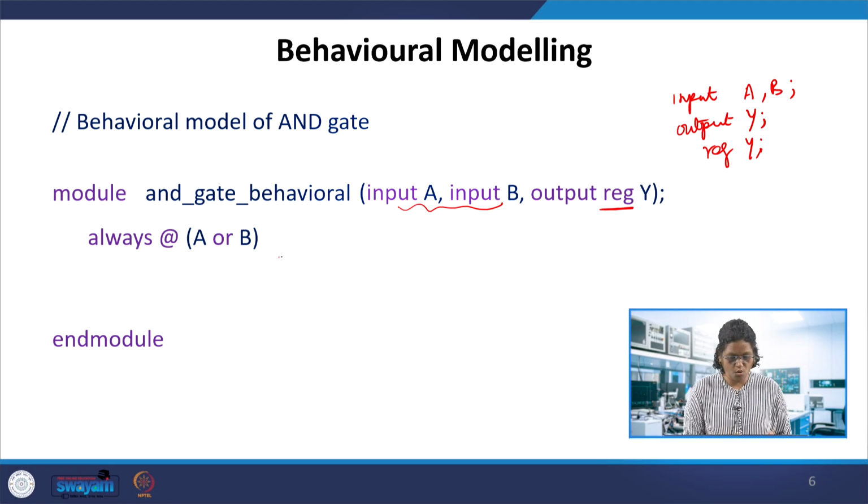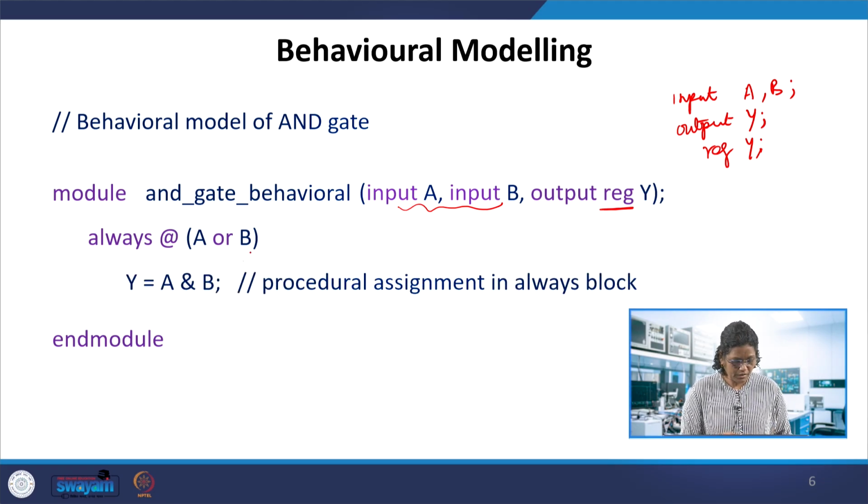So the code, the behavioral description of this, is an always statement. That's always @(a or b). We can say this in the always statement with the @, this is called the sensitivity list. The sensitivity list will contain those signals which are required for the circuit. So here a or b are the inputs, which are both mentioned in the sensitivity list, a or b. Here y equal to a and b, that is a procedural assignment. This is a bitwise and again within the always block. So y equal to a and b.